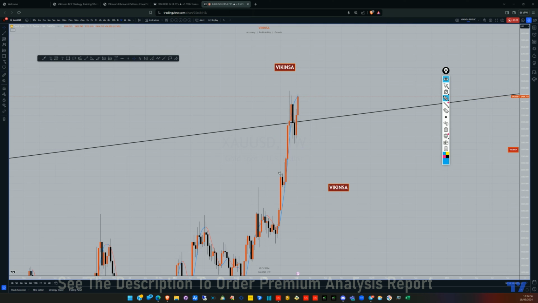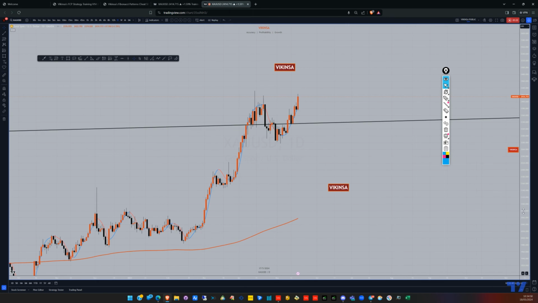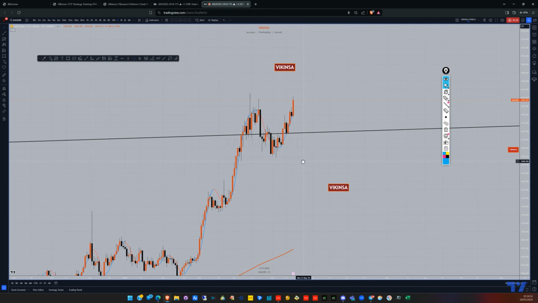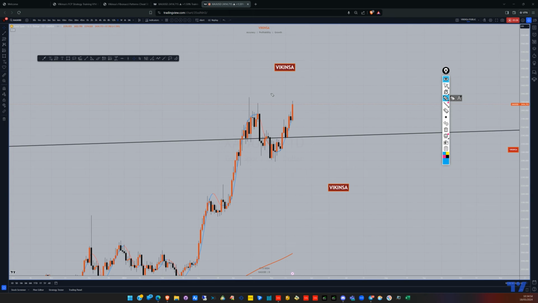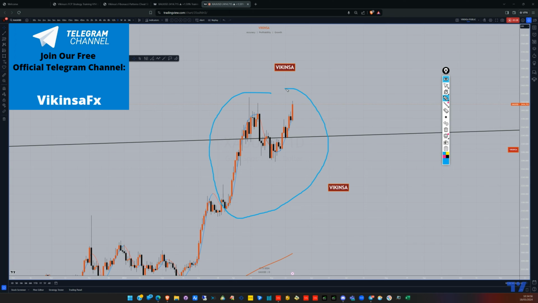So what does it mean? Look at this. The market is probably going to create an M pattern, and there is another M pattern in here. People who have gone through FCP training or who are aware of these FCP patterns will notice that there are several things happening at the moment in this structure. If I focus only on this structure here, we have a very nice M pattern developing.